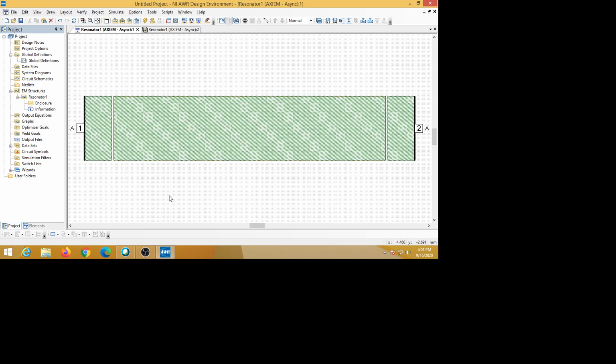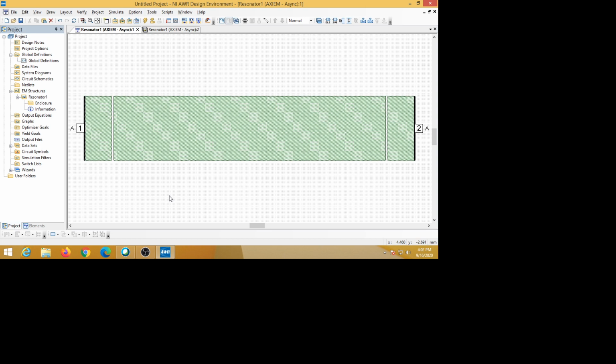But 5 gigahertz means it gives the maximum output at 5 gigahertz, but on either side of that the output must decrease. Below 5 gigahertz and above 5 gigahertz, the response, that is the output, must decrease. So we are not only looking at the output at 5 gigahertz, we should see over a band of frequencies how the response changes above and below the resonant frequency. That also we have to see. That's why we have to draw the frequency response, output versus frequency, over our range of frequency.